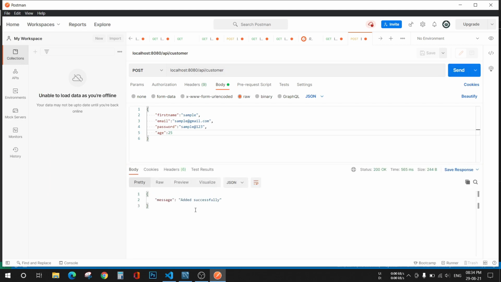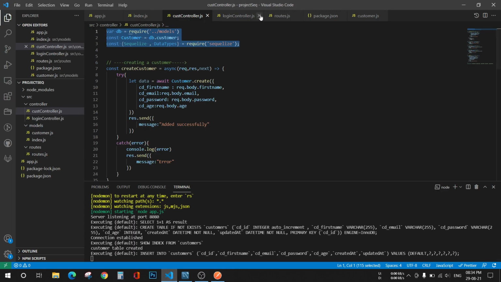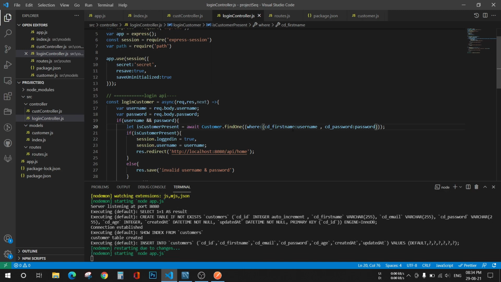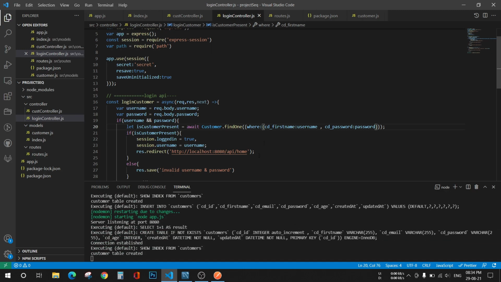See, added successfully. Go back to your code and go back to your login controller and see this cd_username is not present in our DB. So for now I'll just change it to first name. You can add one more field for username also. Okay.